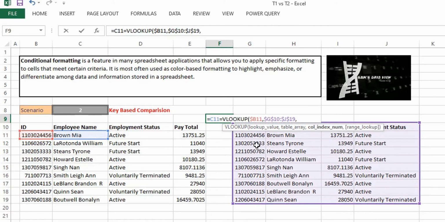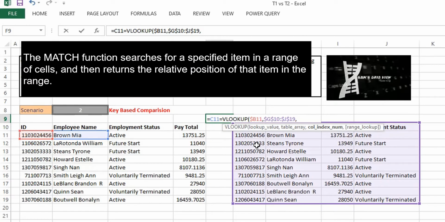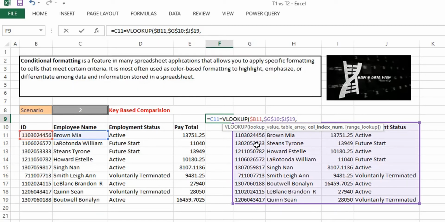and comma. So here I'm going to do a match for my column. So the match function will find my column. If my columns were rearranged, this particular option will check for the employee name within the table 2 and it will give out the column number for me. Instead of 2 comma 0 or 3 comma 0, I'm going to use the match function to get that particular number. So it's going to be match the column name, right? So I'm going to search my employee name within table 2.